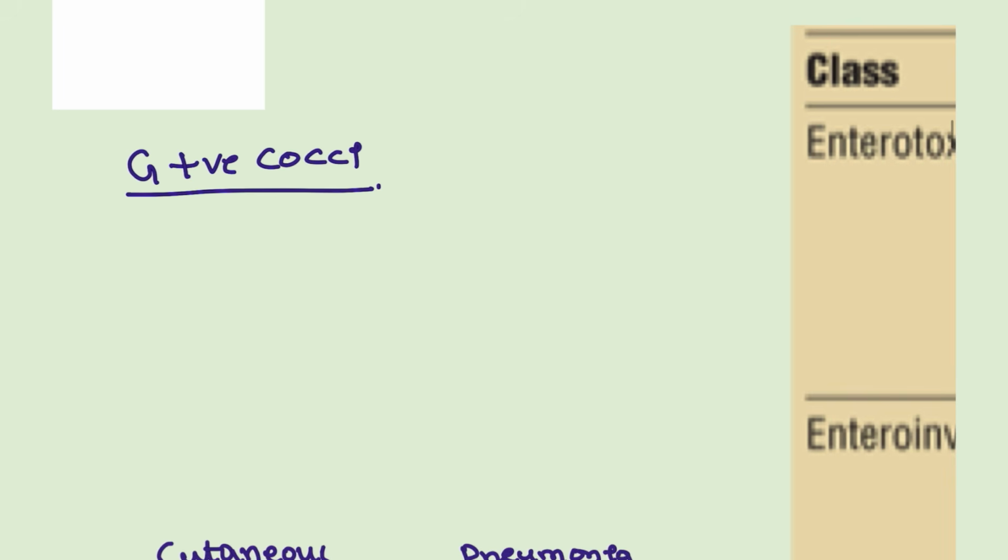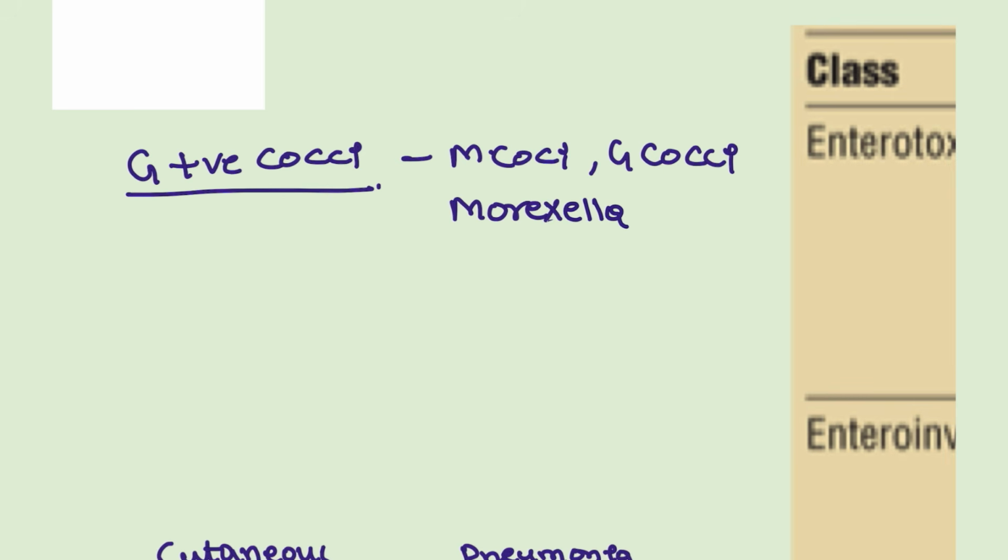Next, the one line that you can remember: all gram positive are cocci, except meningococci, gonococci, Moraxella, right? And all gram negative are bacilli